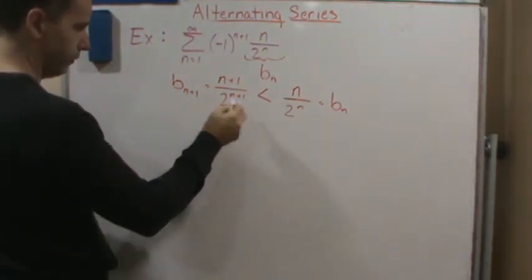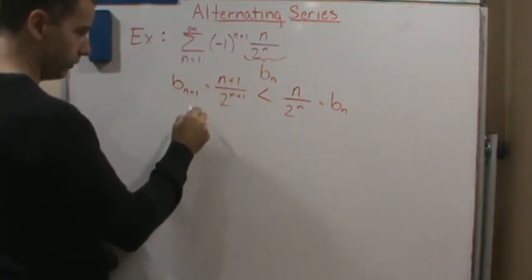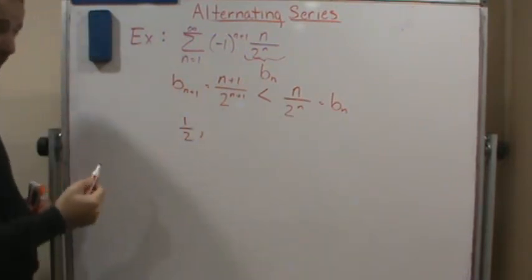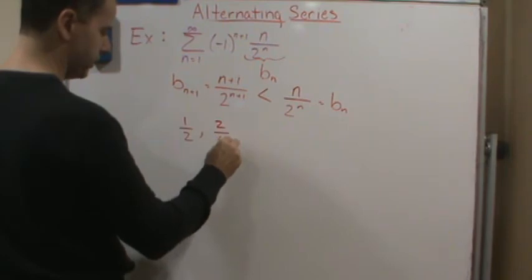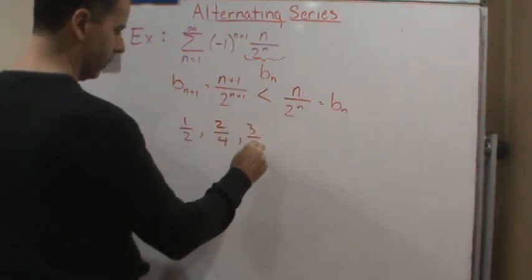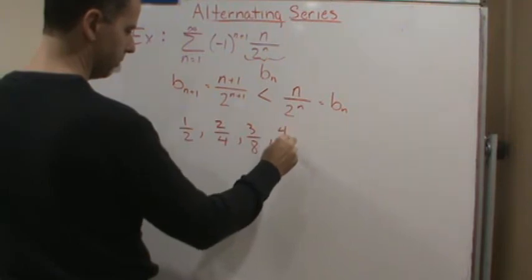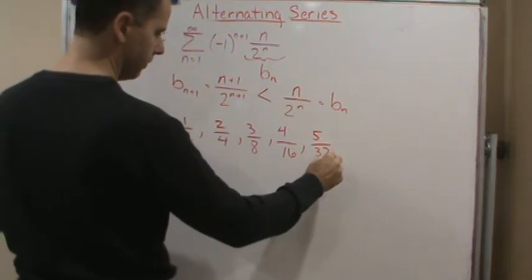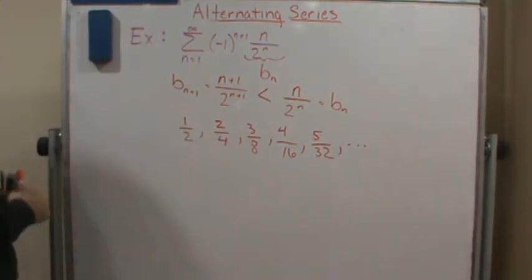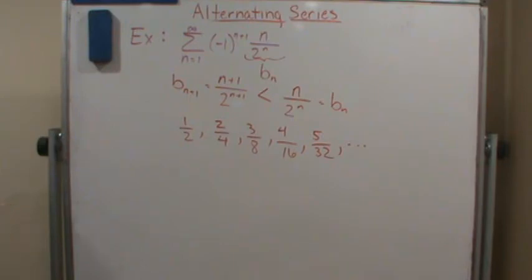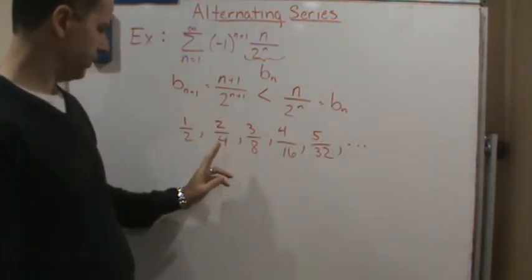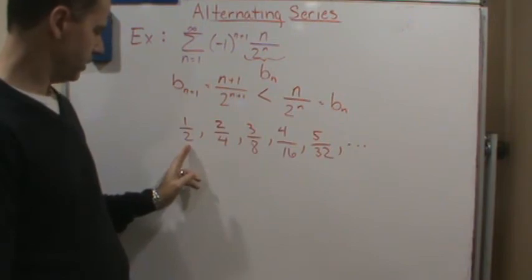So for example, n equals 1 would be just 1/2, and then for n equals 2 you have 2/4, 3/8, 4/16, right? And so on, 5/32. Okay, so we can see that for every term, the subsequent term is always going to be less